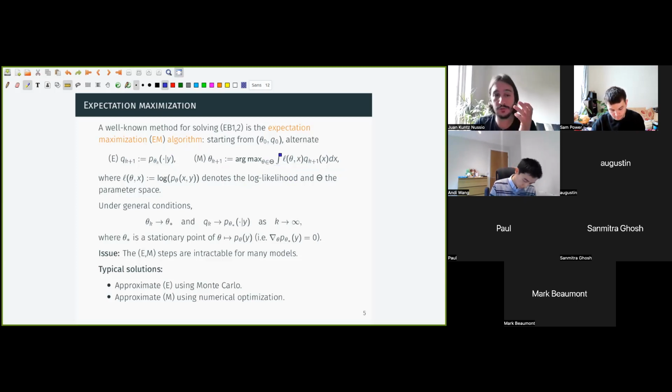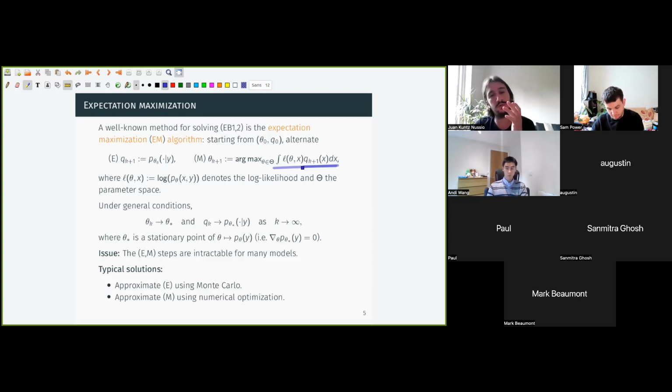So what do people do in these cases where they can't do these steps exactly? Well, they just do them approximately and then alternate between them as before. So in the E step, it's quite common to just use Monte Carlo. People might run an MCMC chain targeting the posterior for the current parameter values, or a particle smoother if you're in a state space model type context. That gives them a finite sample approximation to this guy. They plug it in here, which gives them a surrogate objective they can actually evaluate, and then they optimize that using their favorite numerical optimization routine.